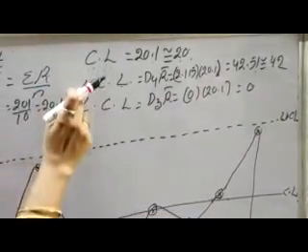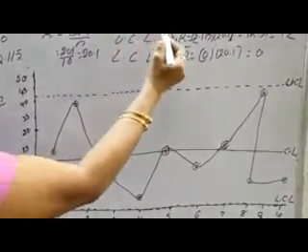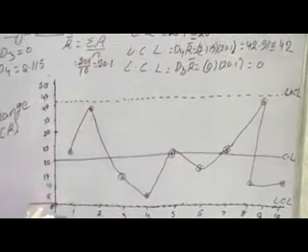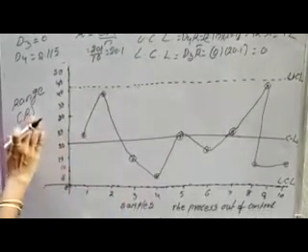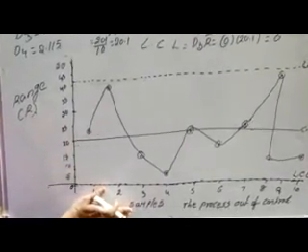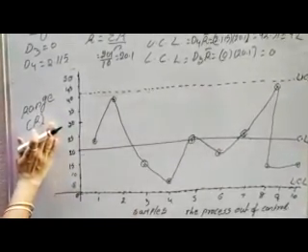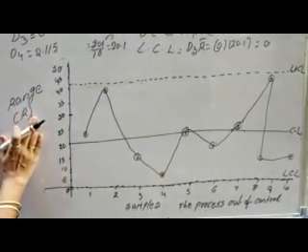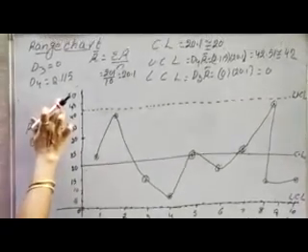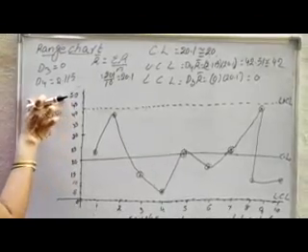Now with respect to these control limits, first of all we have to draw the control limits. Before plotting these points, again you can take a graphical chart, x-axis and y-axis. On the x-axis, number of samples 1 to 10 with 1 centimeter each, and on the y-axis you can take the range. The values according to the tabular form go up to 50. Therefore, I can take the y-axis with a length of 5 centimeters, from 5 to 50.